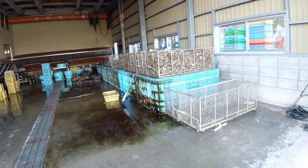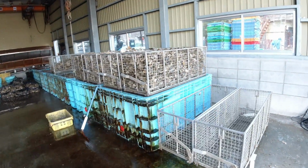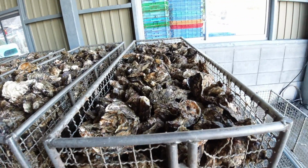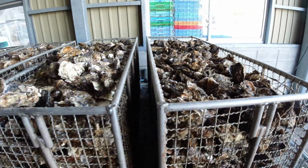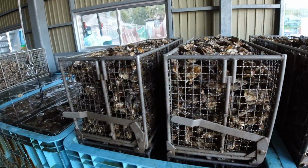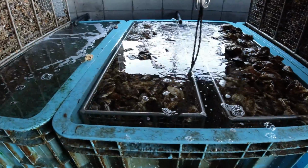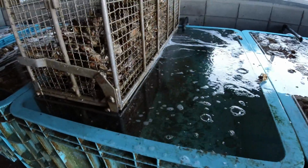So they bring all the oysters from the farm. These are 8 months old oysters. They bring them here. Look at that. Look how many. They clean them. Some of them have sand inside of them. Over here they put them in water, clean them up,